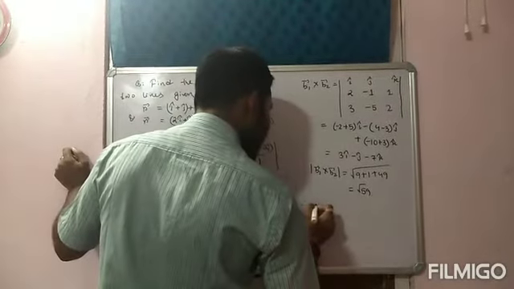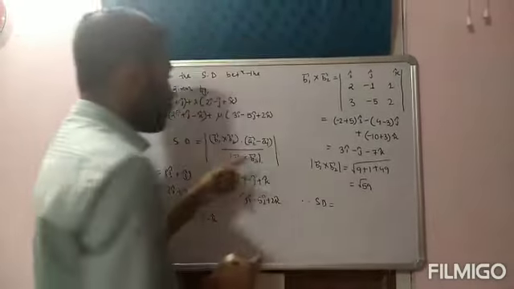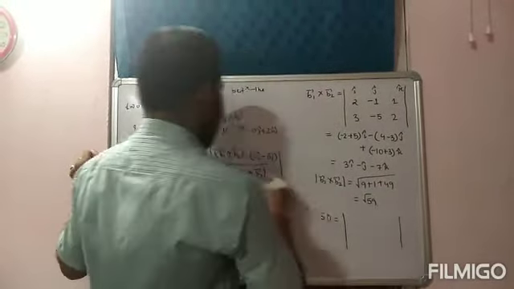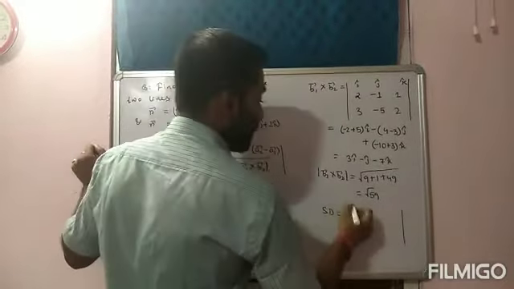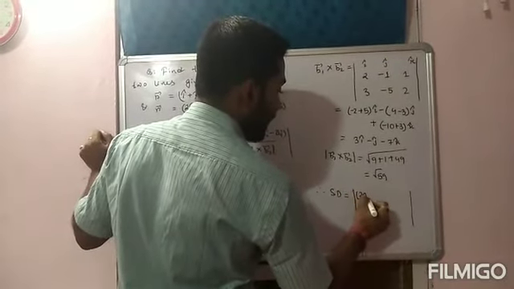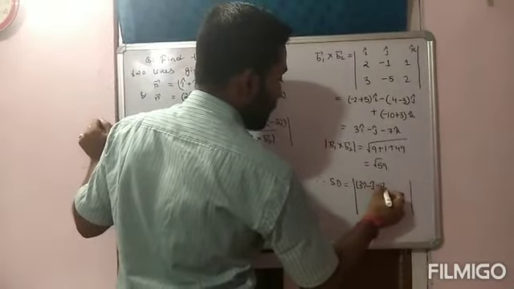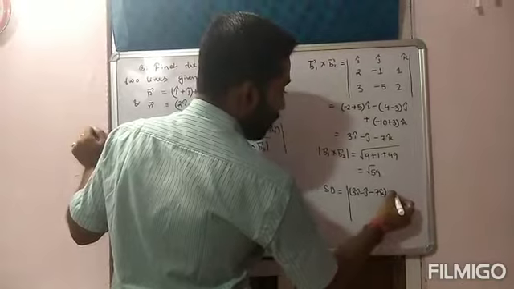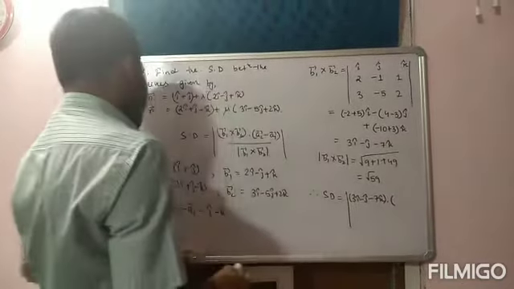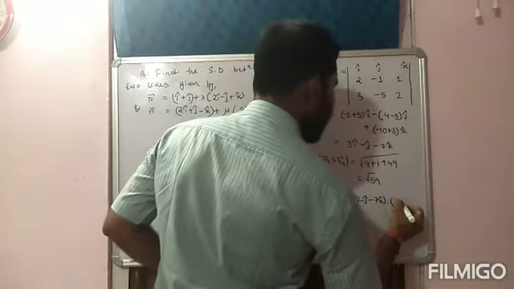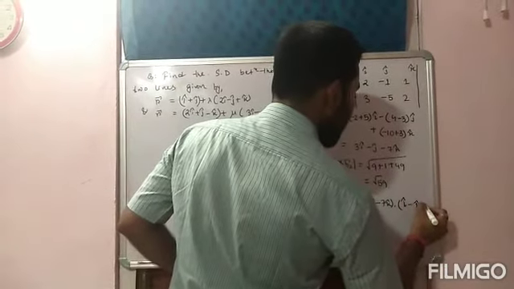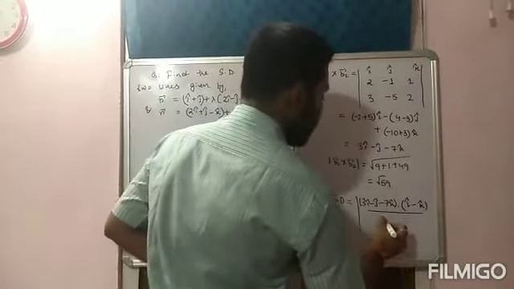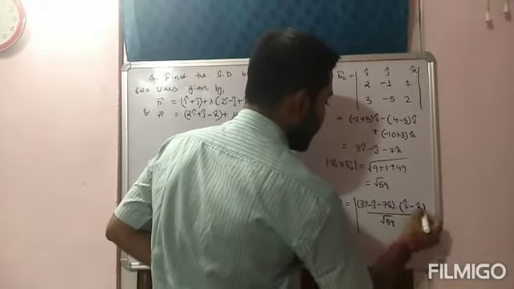So therefore the required shortest distance is, put all these values in this formula, that is modulus of b1 cross b2 dot a2 minus a1 divided by magnitude of b1 cross b2. This is the value b1 cross b2, that is 3i cap minus j cap minus 7k cap, dot a2 minus a1. a2 minus a1 is i cap minus k cap, divided by magnitude of b1 cross b2. हम लोगों को मिल गया root under 59.